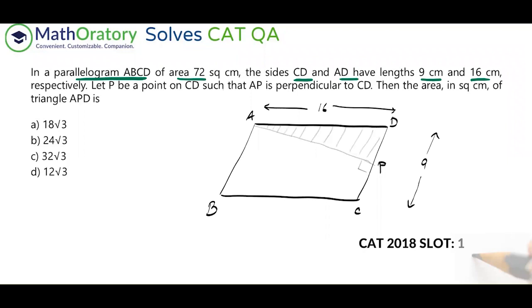See, the area of the parallelogram has been given for some reason, right? That is something we should be able to relate to the rest of the data. So I hope you know that the diagonals of a parallelogram bisect the parallelogram into two equal parts, right? So you can prove that by congruency very easily. All three sides will be equal for the two triangles that will be formed.